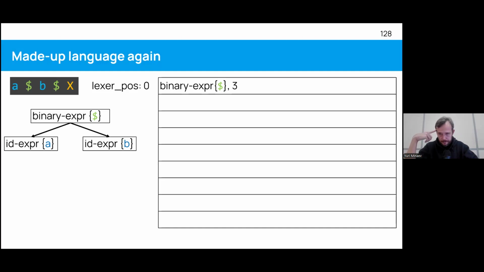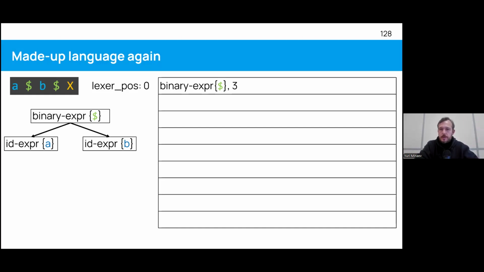So now, since we backtracked, we know that the binary expression production failed. It decided to go back and report that, hey, I'm seeing some X there. I don't know what it means. And that's how we know in our expression production that we have to go a different route.